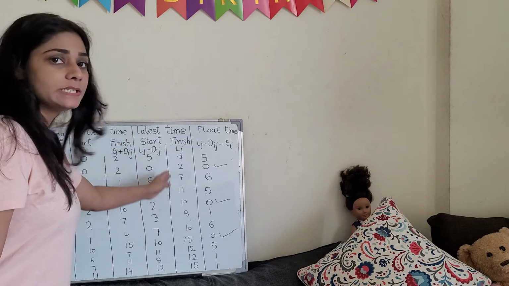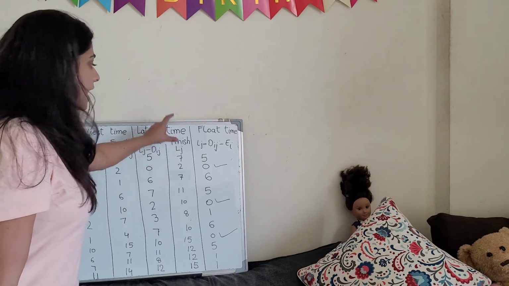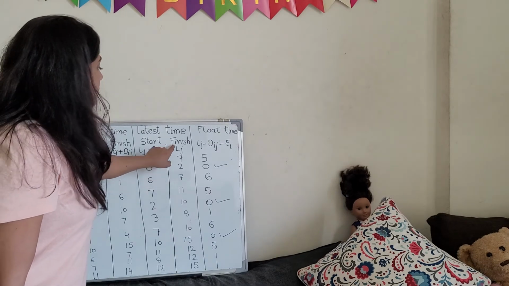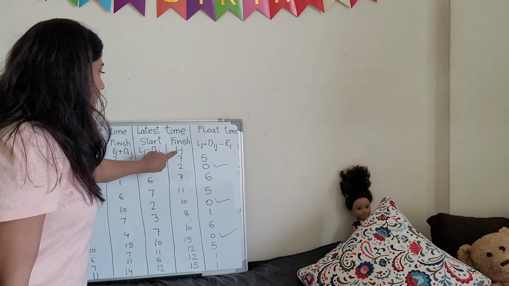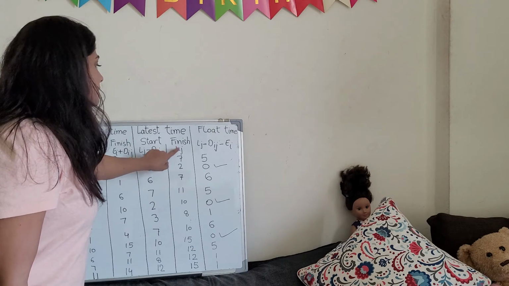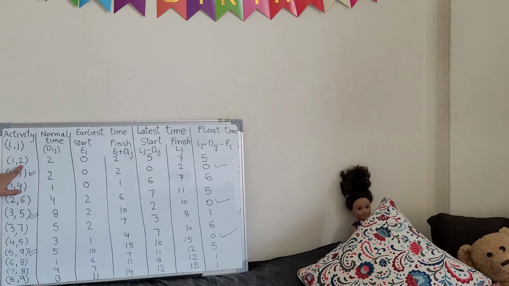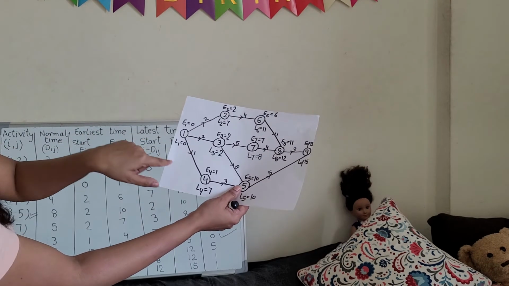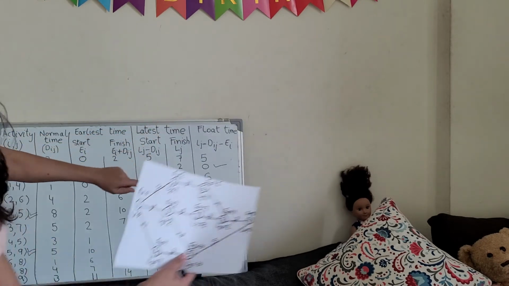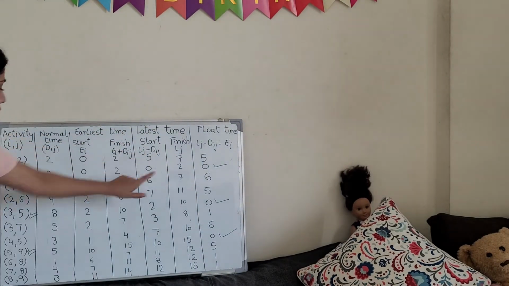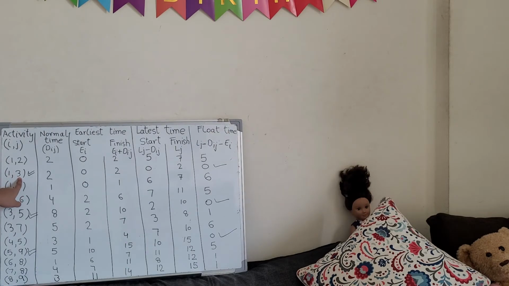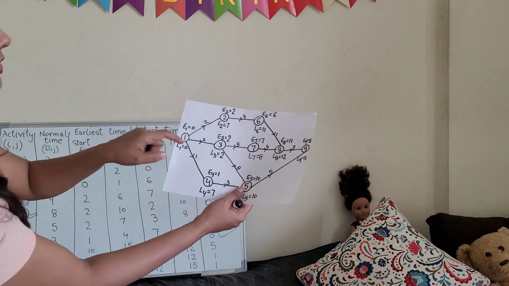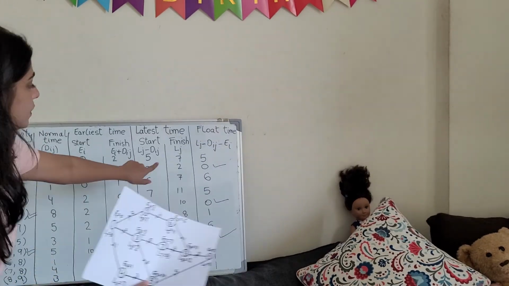Now to find out the latest time, start and finish, we will start from the finish column. So for finish, Lj, we mentioned here Lj. Lj means finish. Finish means the last activity. This one. So here for 1 to 2, Lj will be L2. We will check how much L2 is. 7. So we wrote here 7. Now for the second, 1 to 3, the next activity j will be L3. Right? So we checked L3 here. L3 is 2, and we wrote here 2.